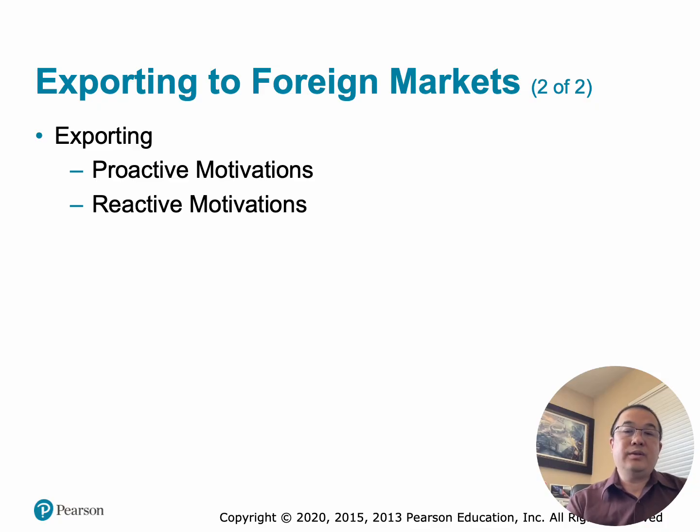Unsolicited foreign orders. Foreign customers contact the company directly. Seasonal demand differences. Demand may occur at different times across countries. So as an example, a company selling winter clothing can still sell in the southern hemisphere when it is summer in the northern hemisphere.